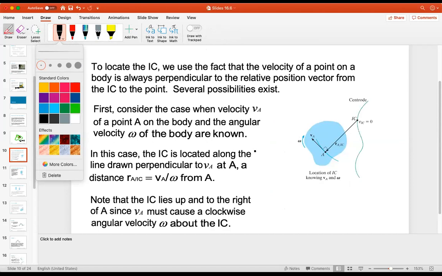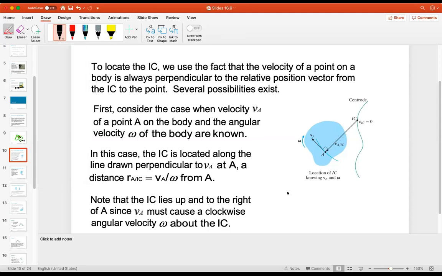All right, so if you know that the velocity about the instantaneous center is 0, you can say the velocity of any point A is 0, the velocity of the center, plus omega, the angular velocity of the object, times the relative vector, the cross product between the relative vector extending from the instantaneous center to A. So notice then, if you're trying to find the instantaneous center, case number 1, they say, is if you know the velocity and you know omega, you can figure out